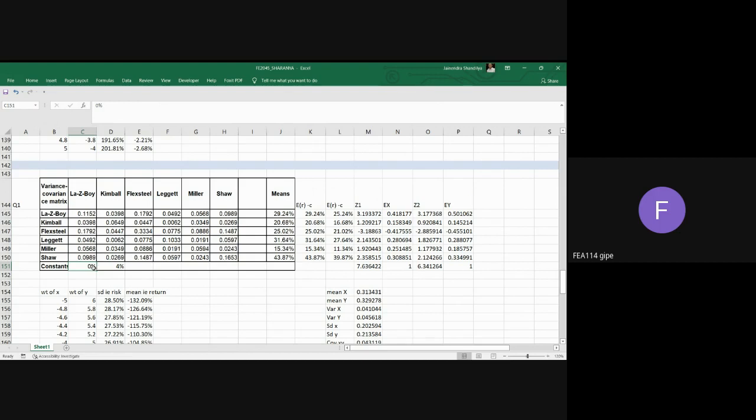So the 0 is given, but she assumed 4, which is perfect. This is what you are supposed to do. In place of 4, you could have also assumed 6, and then the ER minus C is what you have done. So the moment you calculate these two things, you have Z1 and Z2 calculated, and then